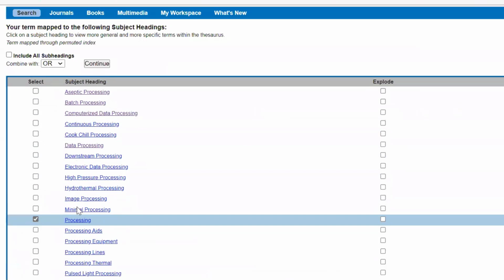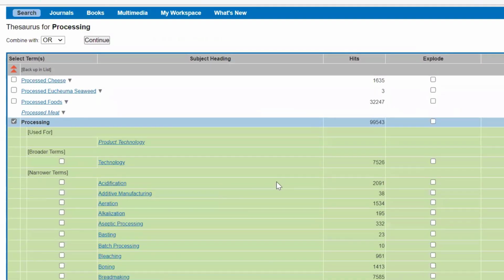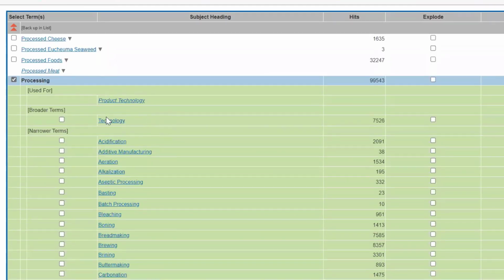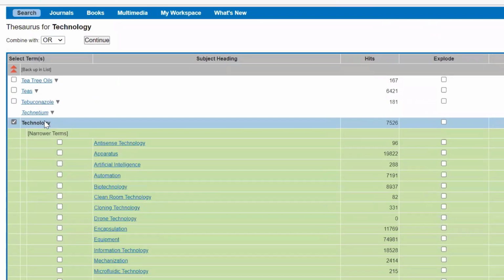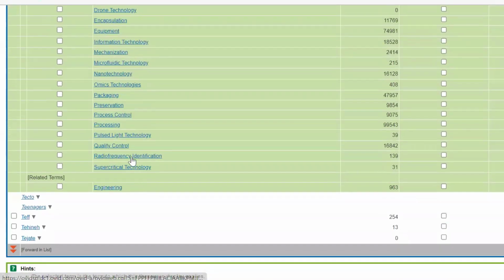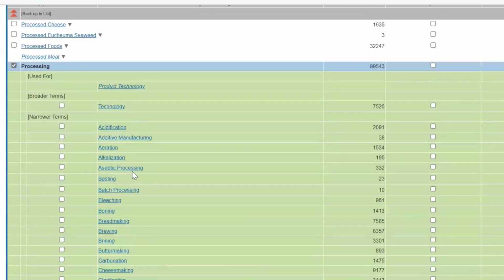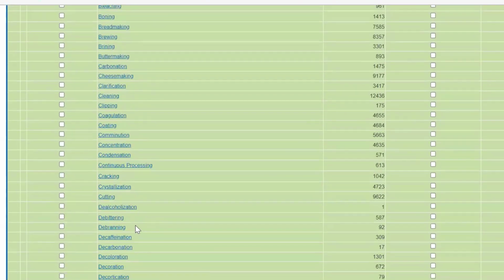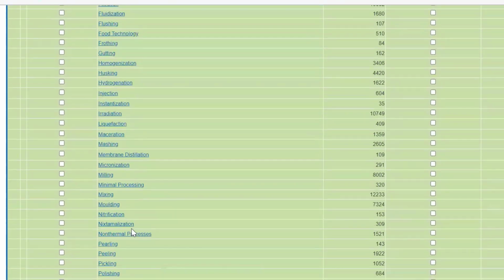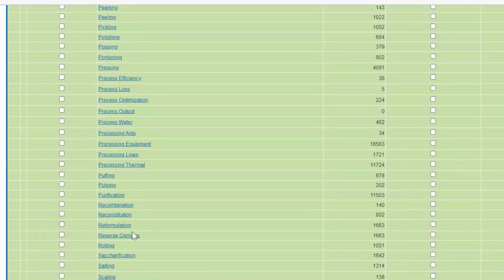So if I go, for instance, to processing, which is a pretty high level term, then, well, I could go even more broadly to technology. Technology is the broadest term in this branch of the hierarchy. So it doesn't have a broader term, but it's got all of these different kinds of technology. So I will go to processing. Then if I go to processing, that step down, I can see there's all these different types of processing. So I could go to a specific one,